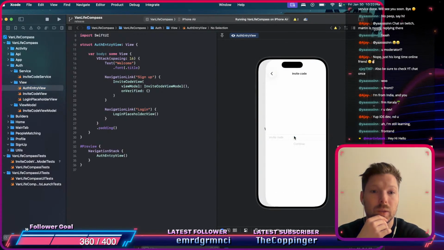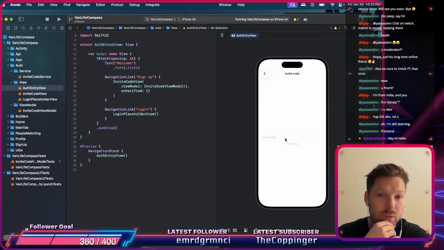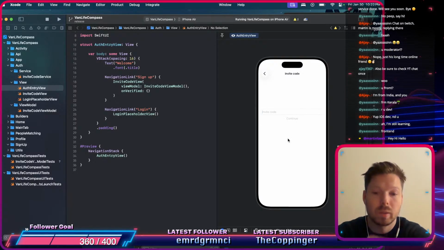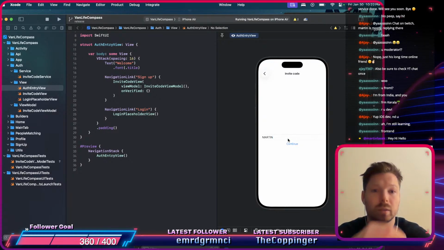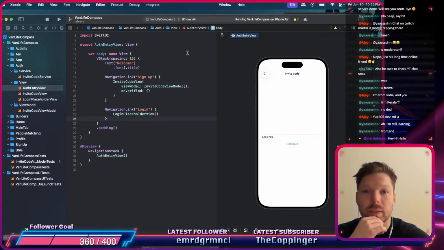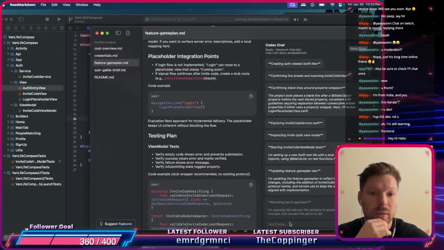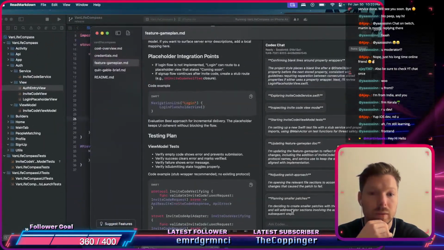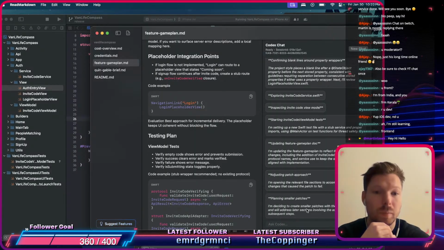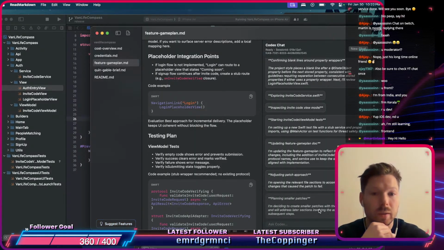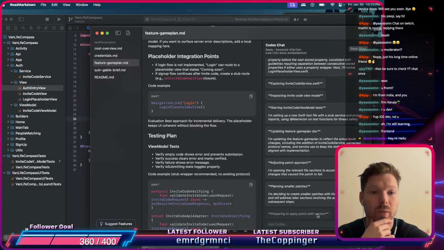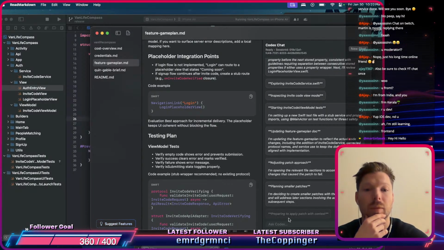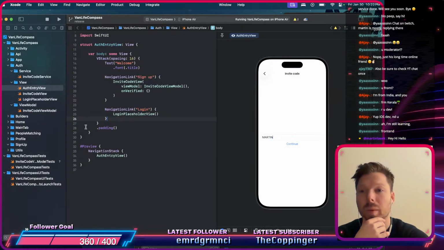So we can go to sign up. There we go. We got invite code. We can say Martin, and we can say continue. And is it going to be done? It's still adjusting patch approach. Still doing stuff. I'm deciding to create smaller patches with the correct context and will address later sections involving the adapter in subsequent steps. I don't know what it means by patches, but